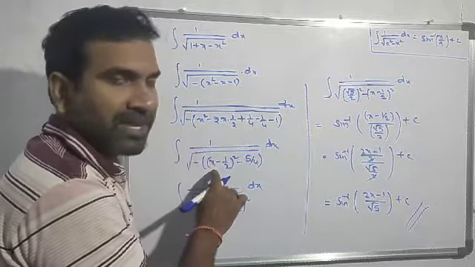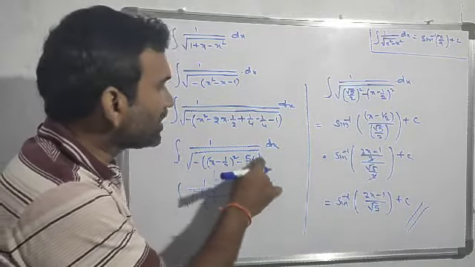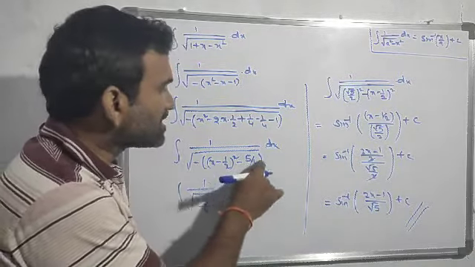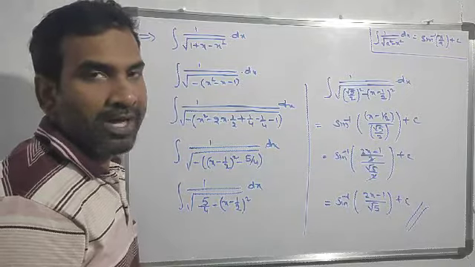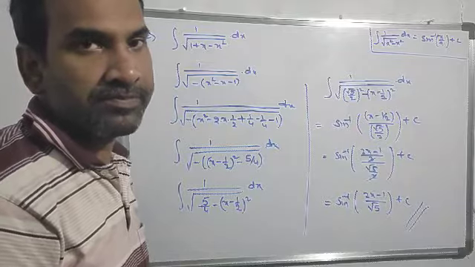Some students take that minus value outside, that is wrong, because if you are having the minus value in the square root, it should not come outside. So you just multiply this value. So this minus a square value becomes positive, this value negative. This value you should put in a square format and directly substitute the formula. Finally, you are getting the final answer. So this is our procedure. Like that, we can solve the problems.